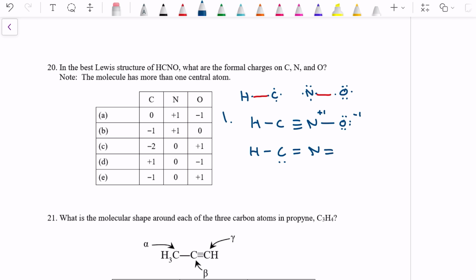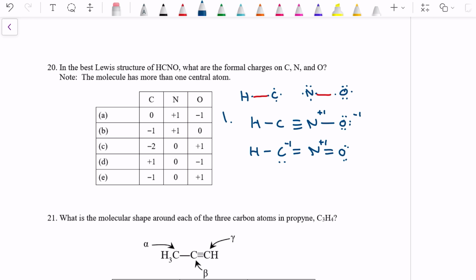And then in the second case, this would be a double bond, in which it's neutral, but carbon is -1. So these are our 2 options. If you rearrange the electrons, these are going to be our only 2 that give us